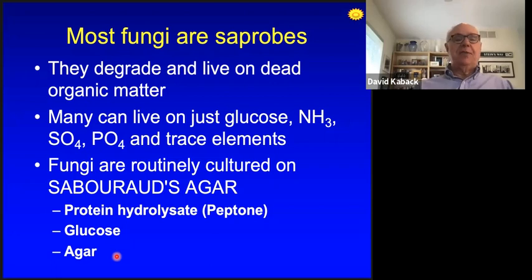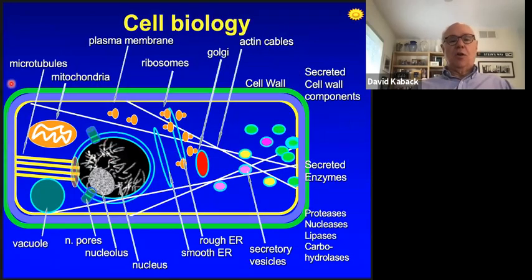All right, that said, as I told you, fungi are eukaryotic organisms. A little bit about their cell biology. They have a nucleus with chromosomes and nucleolus. They have a nuclear membrane. They have a cytoskeleton, usually comprised of microtubules as well as actin filaments, okay, shown here. And they have an endoplasmic reticulum.